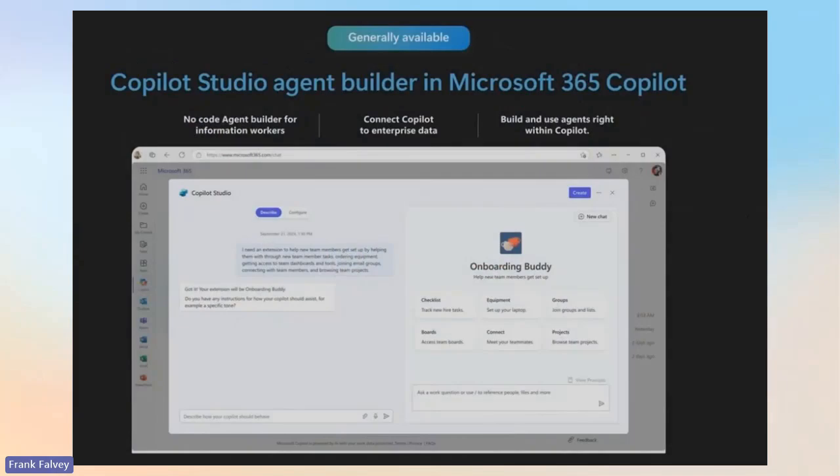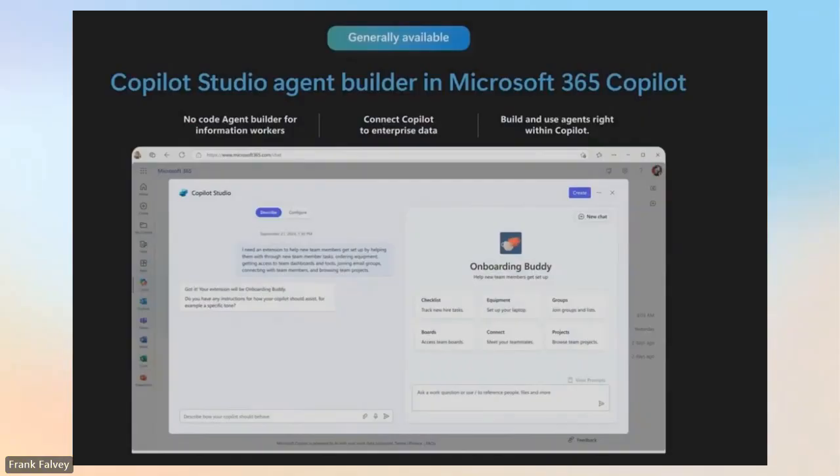So this is Copilot Studio. It's generally available. This is what it looks like. No-code agent builders, right? You can have all different ways you can connect data to it. You can solely just use your company data. You can just switch it off from the internet, have no outside interaction whatsoever, and it's not very complicated, as I will show you when we come to the demo.